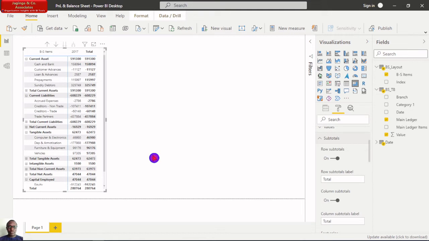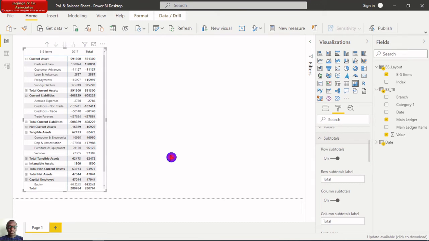We just want to see the figures that you want to appear as the layout. So we only want to see the total capital employed as opposed to total. And then we also don't want to see these total figures for current assets, current liabilities,